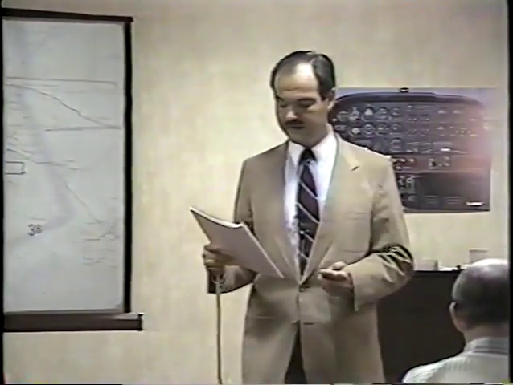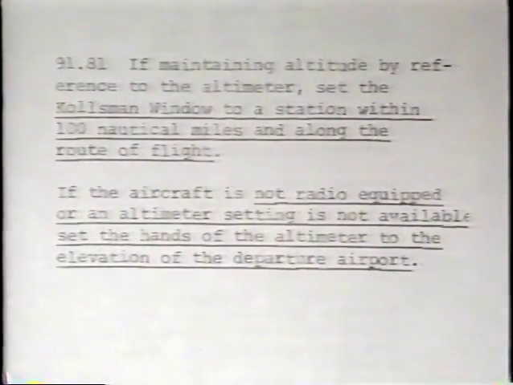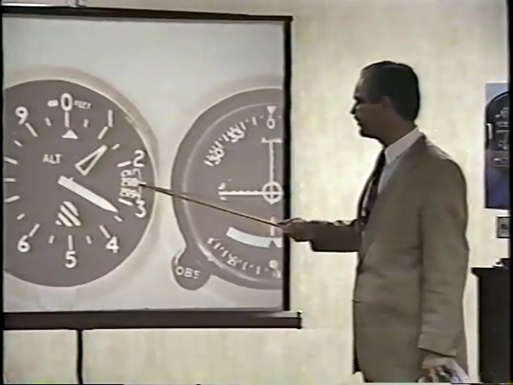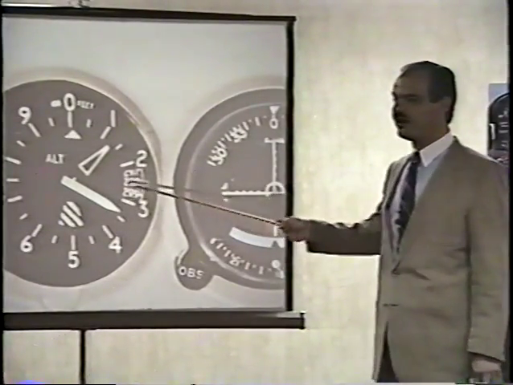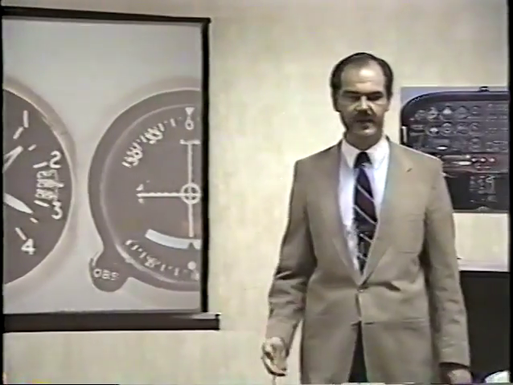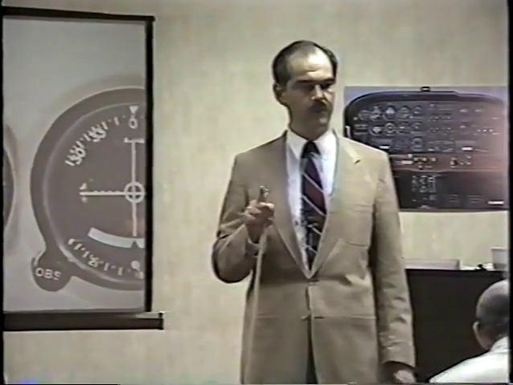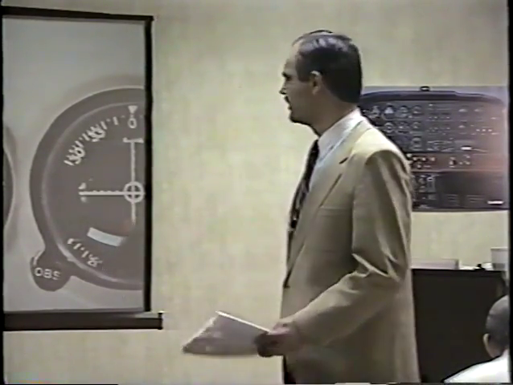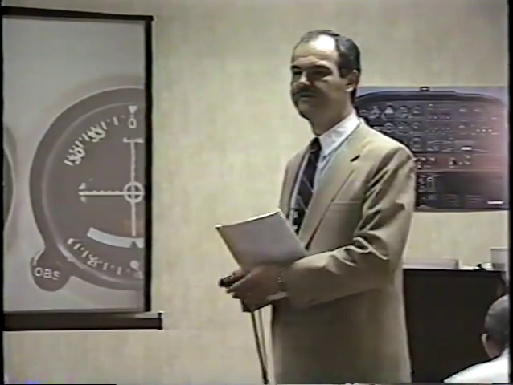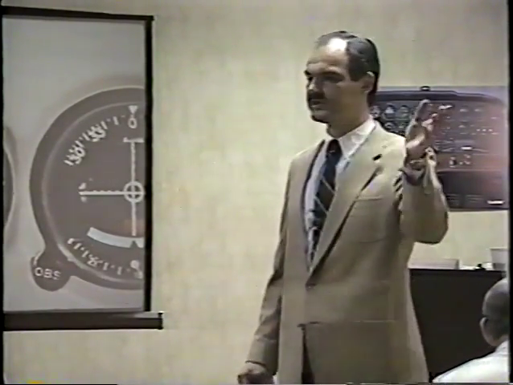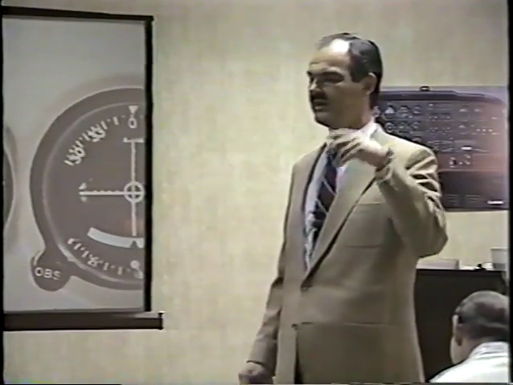9191 here talks about altimeter settings. And what this says is, number one, you should keep your altimeter set to a station along your route of flight and within 100 nautical miles. That's what it says. This is on page 12, 9181, altimeter settings. See this thing here? You are required by law to keep this set to a station along your route of flight and within 100 nautical miles of you at all times when you're flying cross countries, if you're maintaining altitude by reference to your altimeter. Okay? That's why whenever you call any flight service and ask them for the weather, they always give you what you ask for, and then they always throw in, and the Cape Girardeau area altimeter is